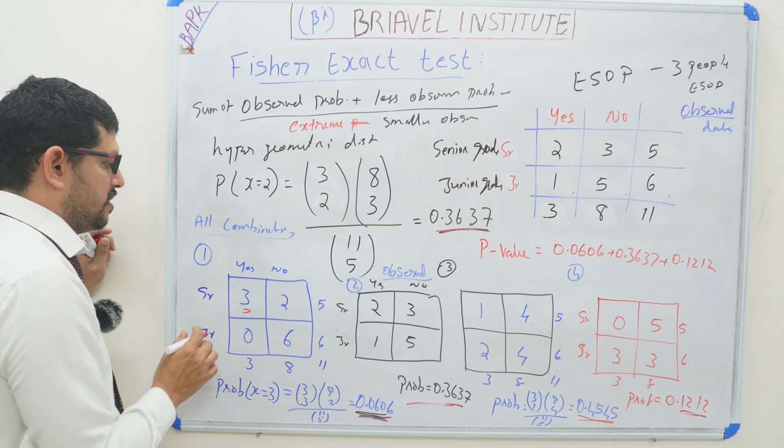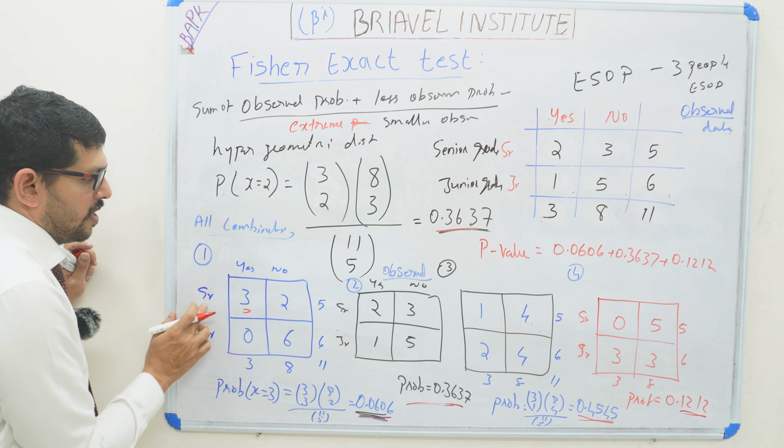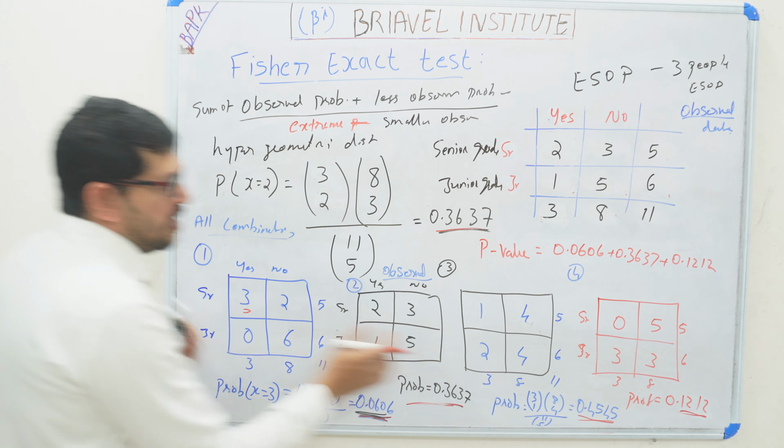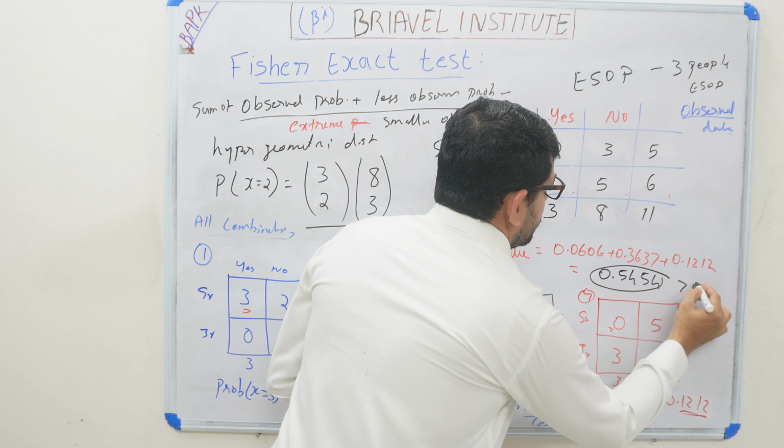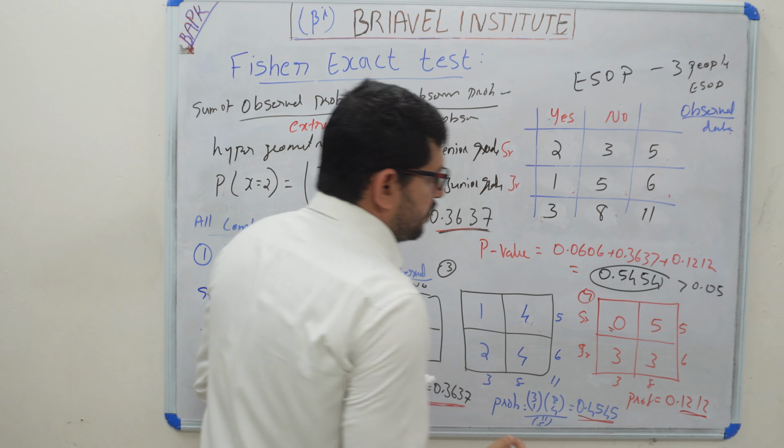Here you see extreme cases: 3 senior people got the ESOP. Here is an extreme case, 0 people. Here 3 junior people got the ESOP. So all extreme cases will be less than the observed probability. We need to add all these probabilities, and if you add them, you will get the p-value. So the p-value is equal to 0.5454. This is greater than 0.05, so we can accept the